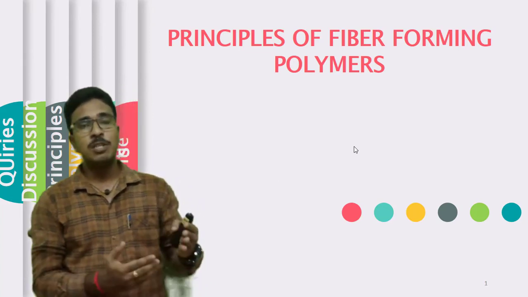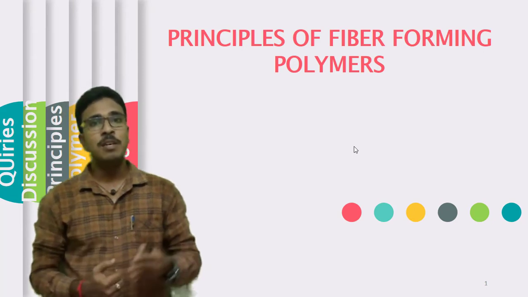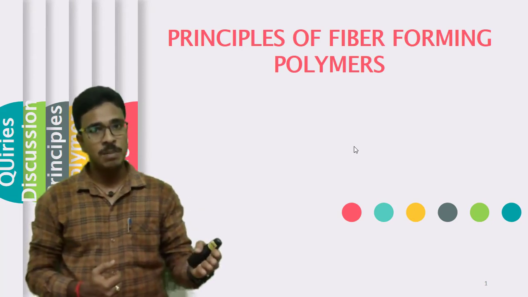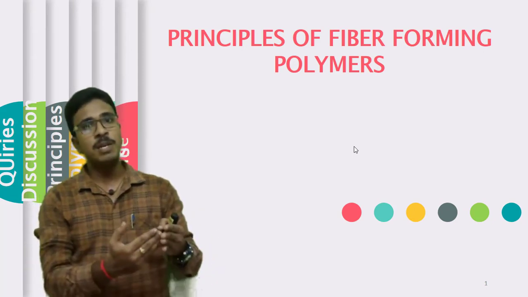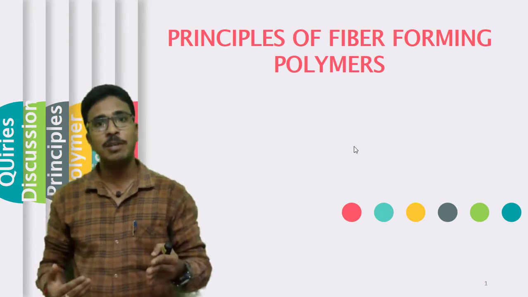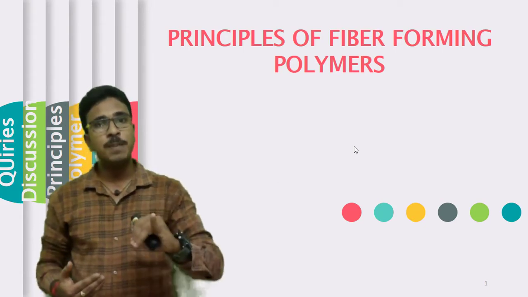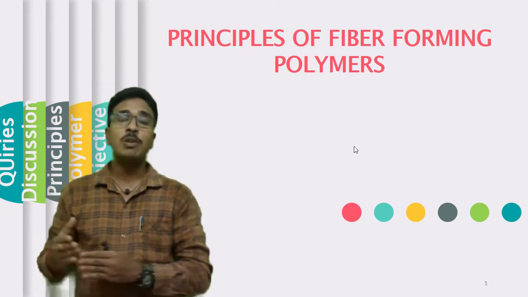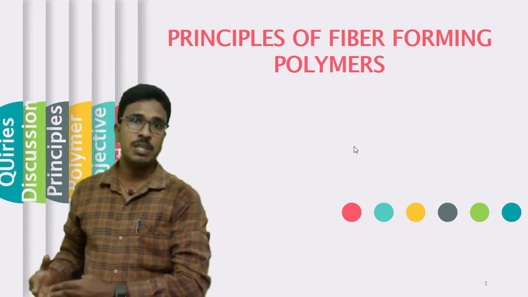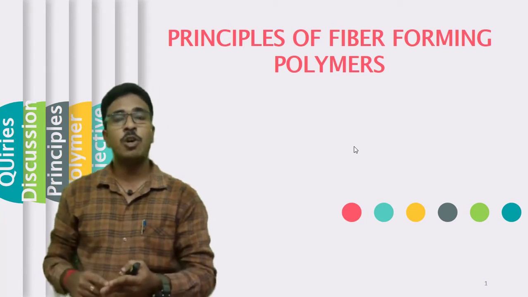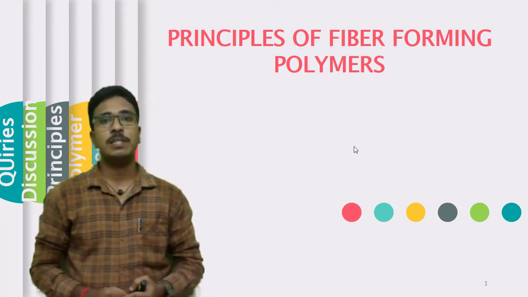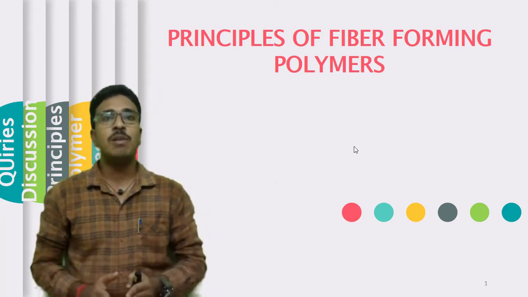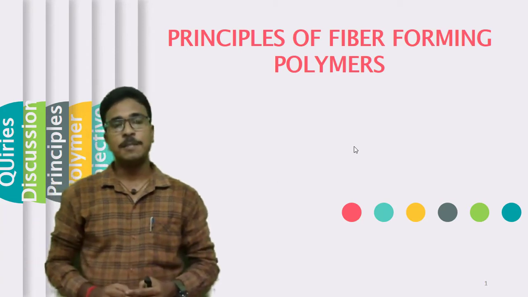So in the process of making man-made fibers, we have to produce a polymer first, and from the polymer we have to produce continuous filament yarns either through melt spinning or solution spinning. Once the spinning is completed, we have to go for post-spinning operations, which are spin finish application, drawing and then heat setting operations. Okay, so this is all we have discussed in the last class.